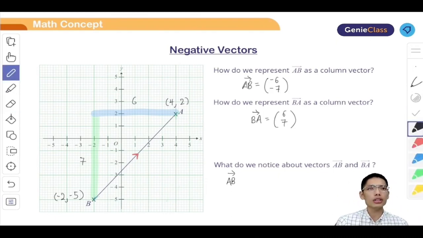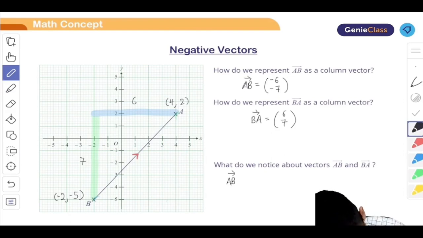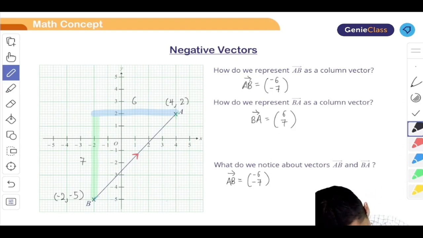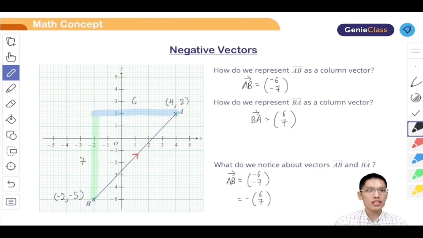But now, what do we notice about vectors AB plus BA? Okay, I might go right over my head, so I need to take note. Now, in this case, AB, we know is -6, -7. But let's see some magic here. If I take out a negative sign, you realize what? 6, 7. 6, 7 is